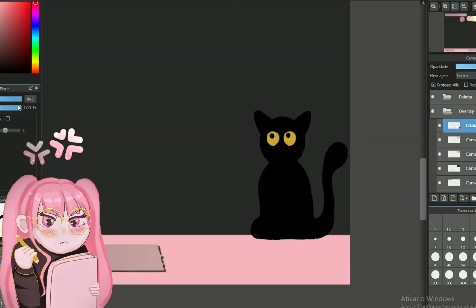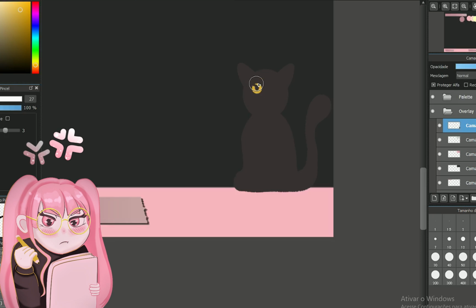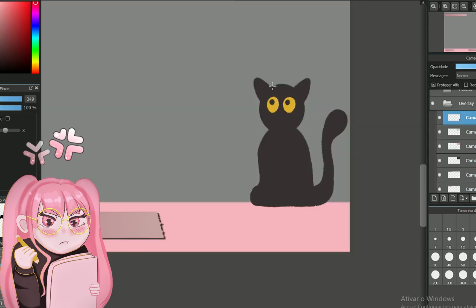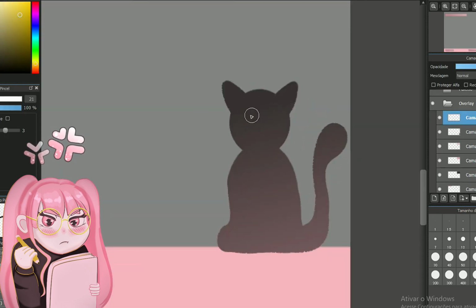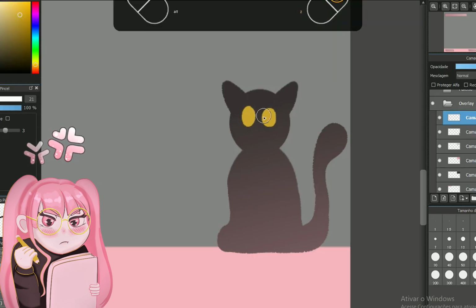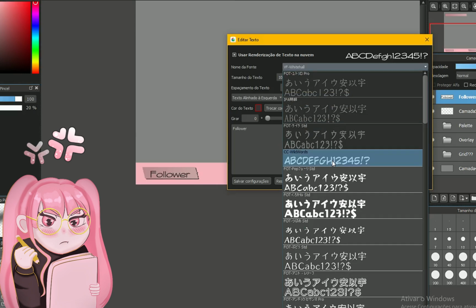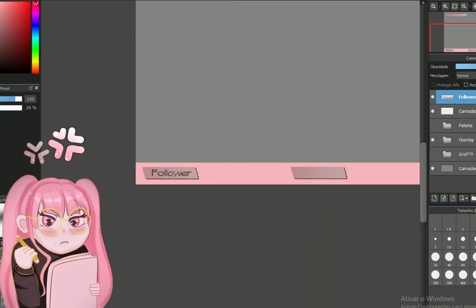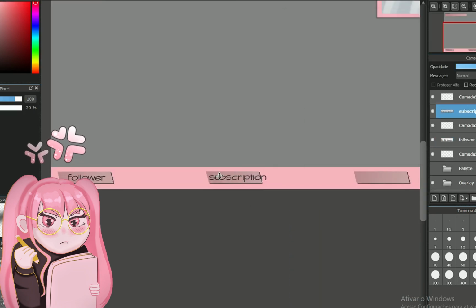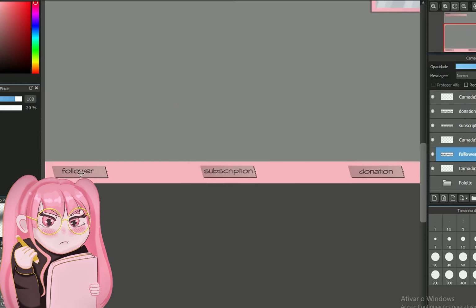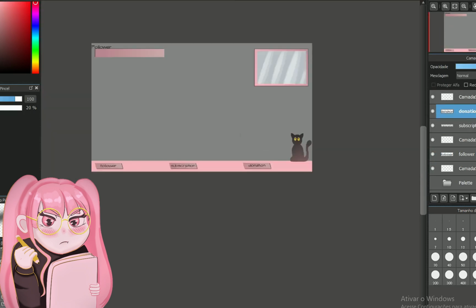So I just ended up painting this cat three times because I didn't use a bunch of layers. I did all this in the same layer before, but then I wanted to use an overlay layer to shade the cat, and I'm just learning with time, you know? At this point it's mostly ready. I just need to pick some fonts that I like. I'll change this one later.